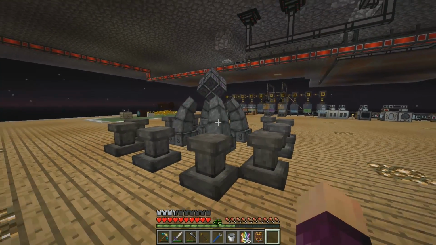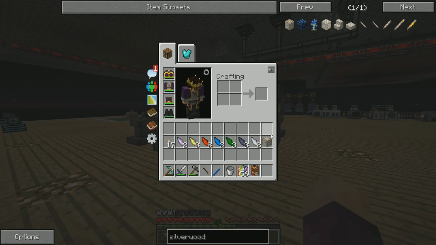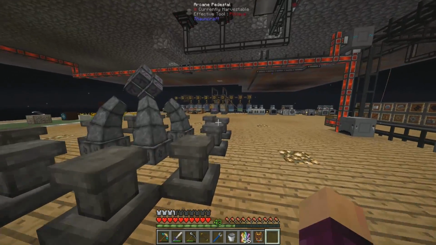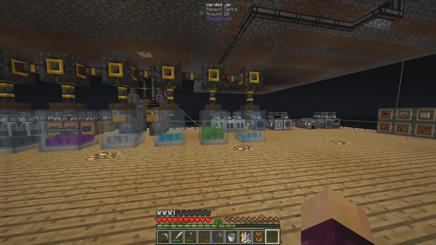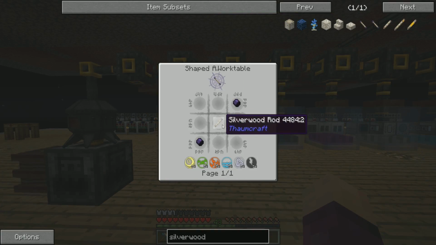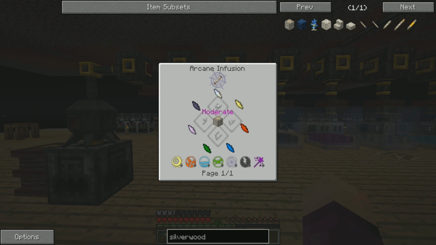And quite a long time later, I now have all of the shards that we need, as well as the Silverwood log to craft up the Silverwood rod, and I also have got all of the essentials that we need over in all of these water jars. Now, you'll notice that if we go into the recipe here for the Silverwood rod, it says that the instability in the center there is moderate. That means that there is a fairly good chance that something will go wrong during this arcane infusion,